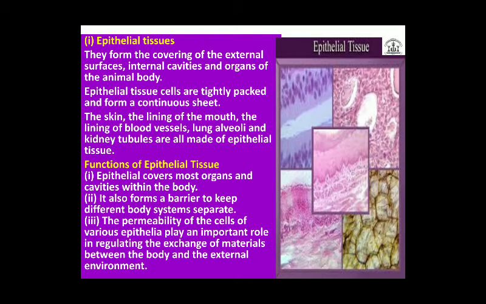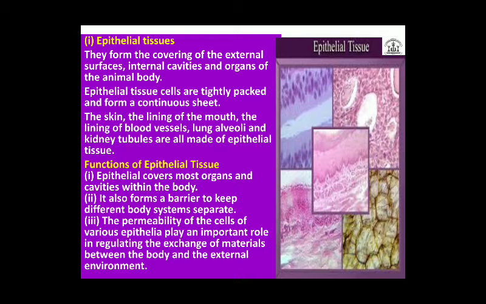Basically, this epithelial tissue is nothing but our skin, the skin which is present on the animals. For some animals the skin is soft, and for some the skin is too rough. It depends upon the animal, but all animals have this epithelial tissue in the form of skin. What is the purpose of the skin? It covers as well as protects all the internal organs.